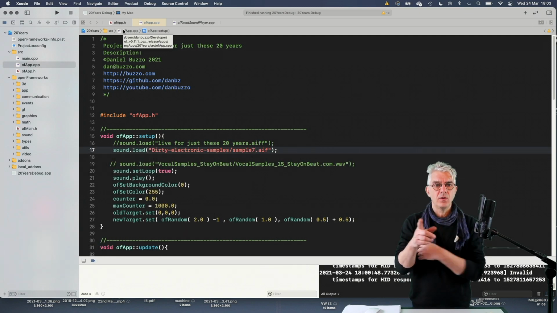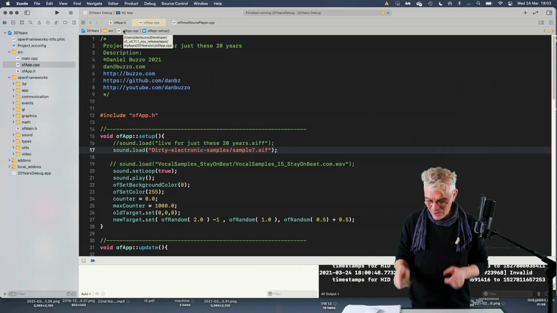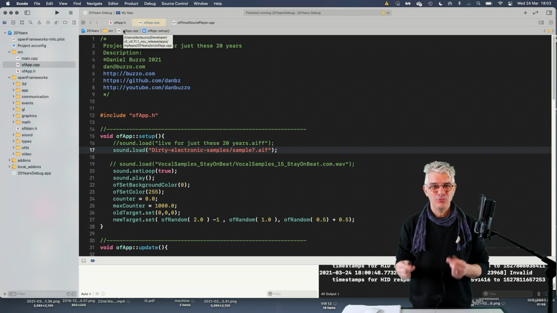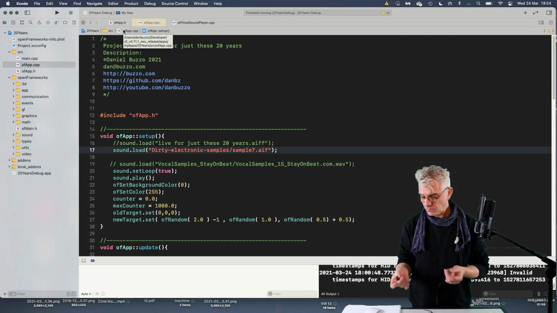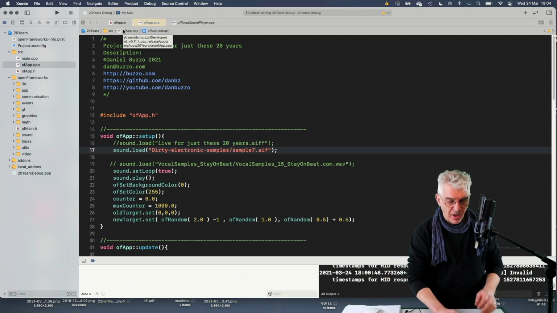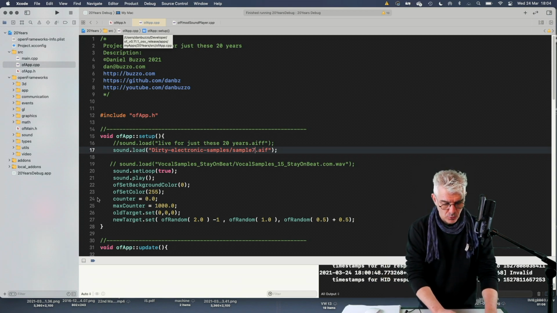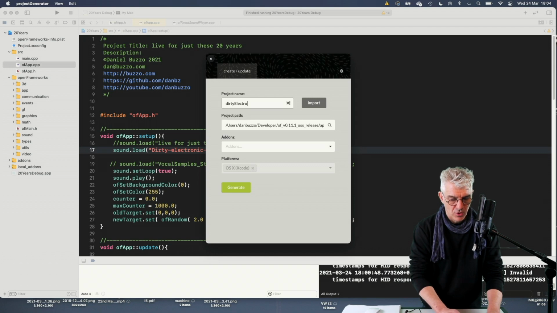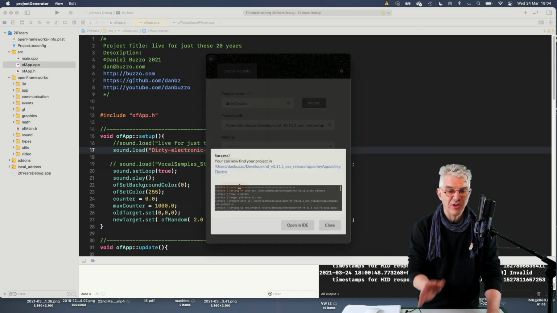This time on openFrameworks superBasics, we're looking at audio. I've got some headphones and we're going to make some really dirty electronic noises and play about with them. So the first thing that I'm going to do is make a new project. I'm going to go to my project generator and call this Dirty-Electro and just generate a